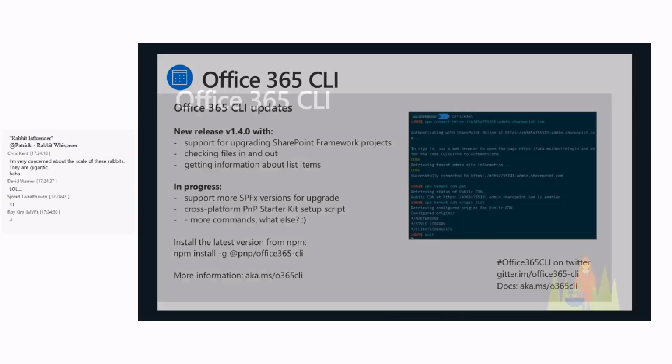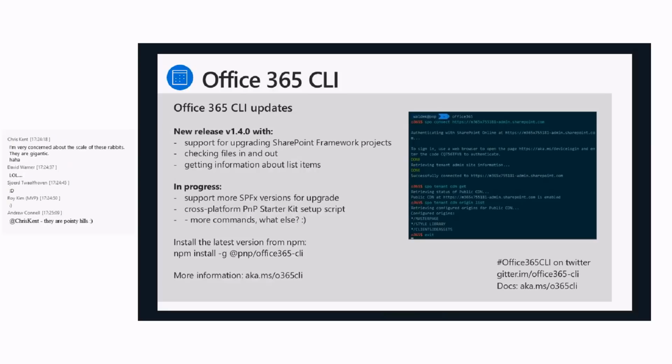So updates on Office 365 CLI. Is Waldek on the call? Nope, he's not. Okay, so new release 1.4.0. It's got support now for upgrading SharePoint Framework projects. That was in the last beta, I believe I've got that right, and that is now part of an actual release. So you can update your existing SharePoint Framework projects between versions, which is a very cool feature, something